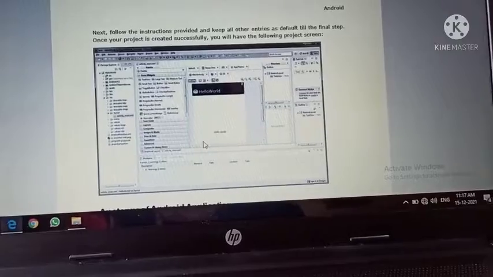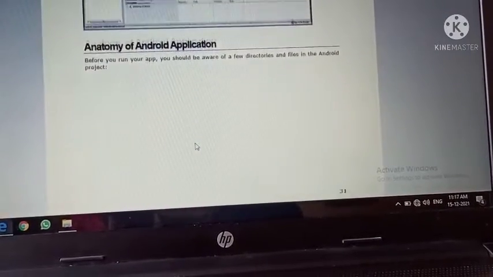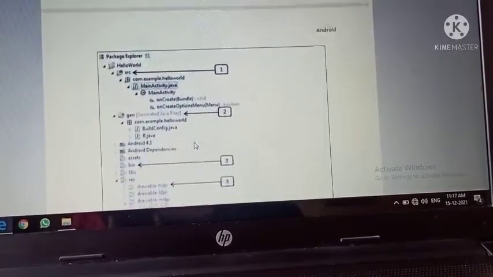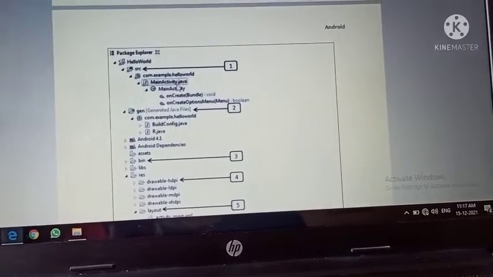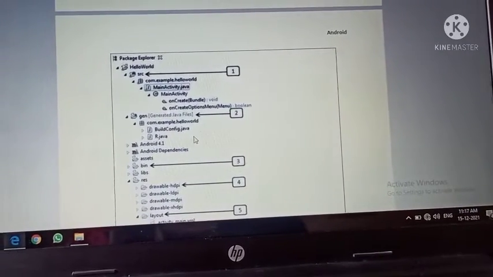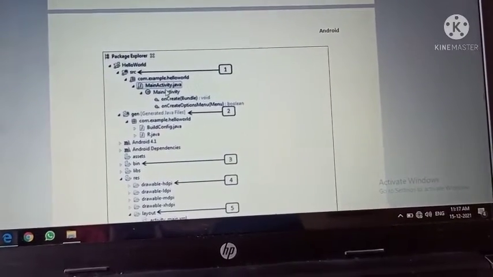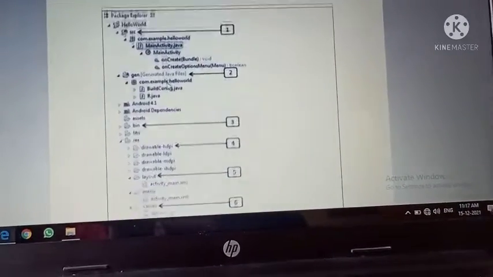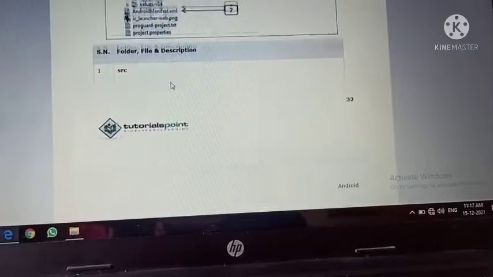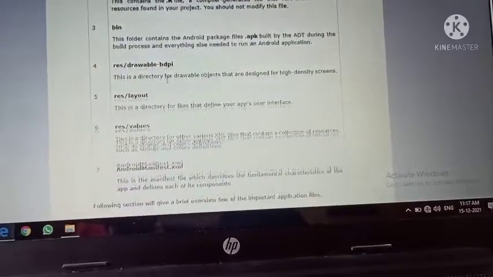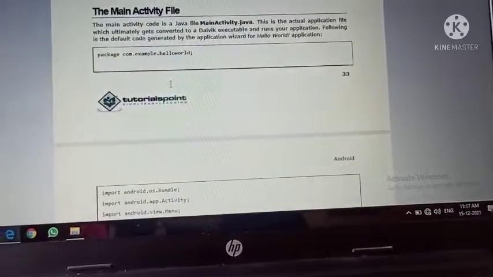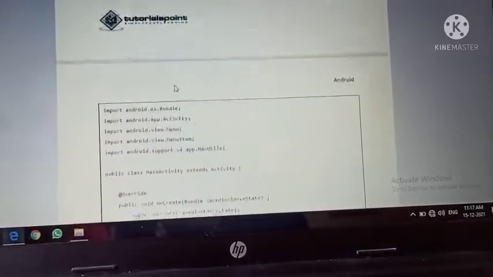After that you will get this screen, and then you need to create your manifest file, which is the home file or the main programming file where you can write your program. Then your program will start.